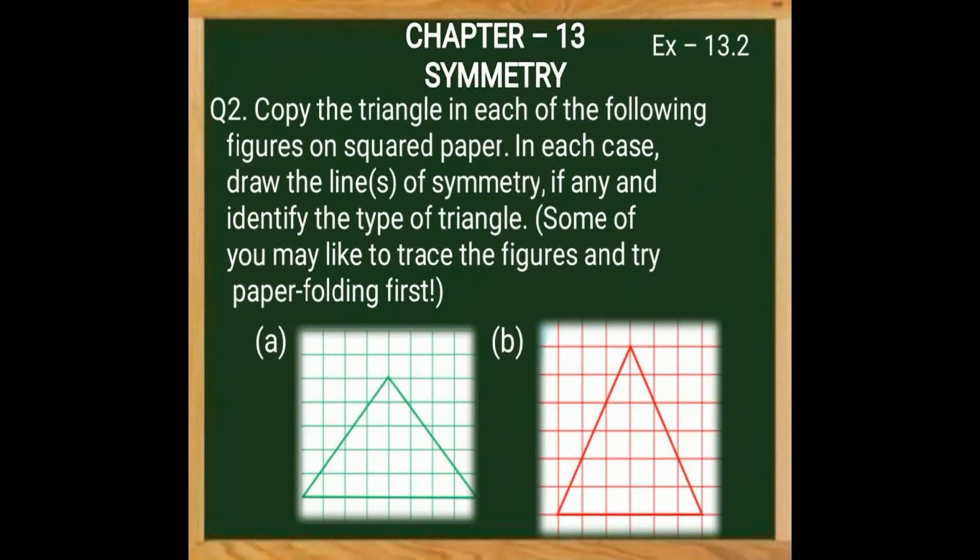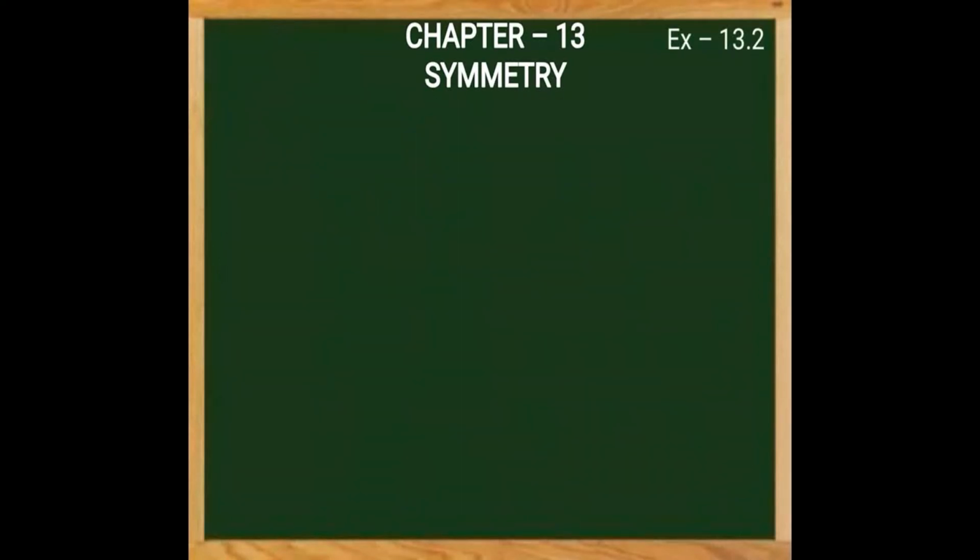So we have 2 shapes right now with us, and both are triangles, A and B part. Let's see what is a possible line of symmetry for A. Let us check the possible line of symmetry for B now. Since they both are isosceles triangles, there would be only one single line of symmetry for each. Now let's work with the other C and D part of the same question.